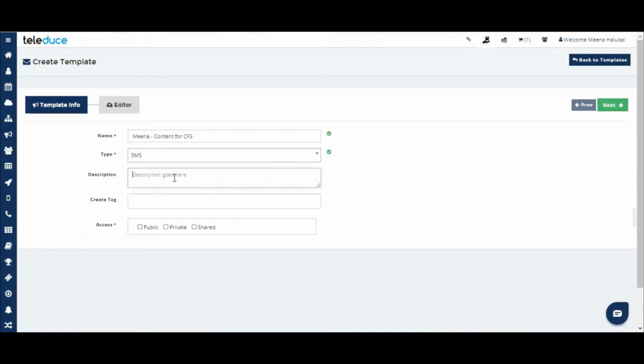And description, again, many people are confused that description is the actual message content that the customers see. No, that is not the main message content that you will be writing across here. The description here, you will be writing it for your reference. And here I'm going to write it as, this contains a welcome message. Okay.